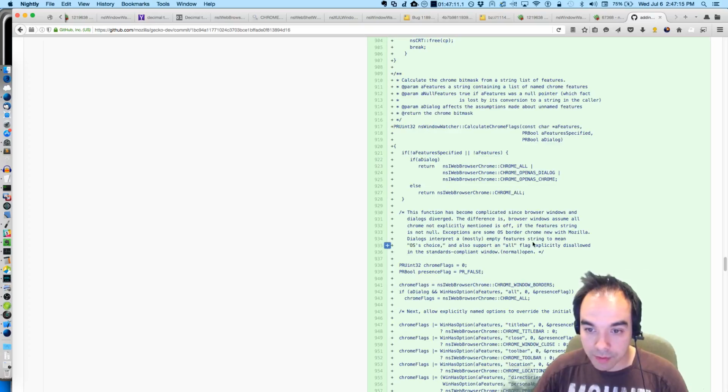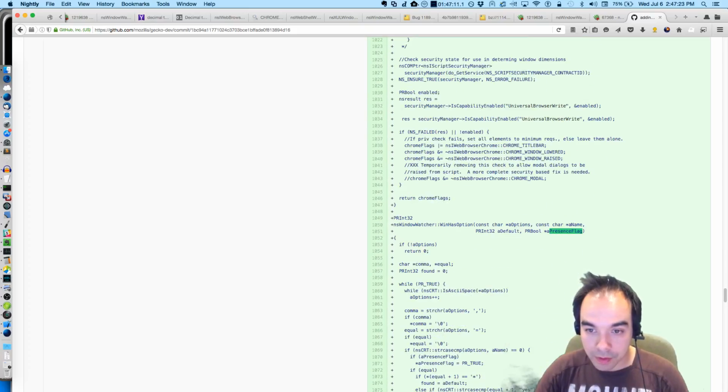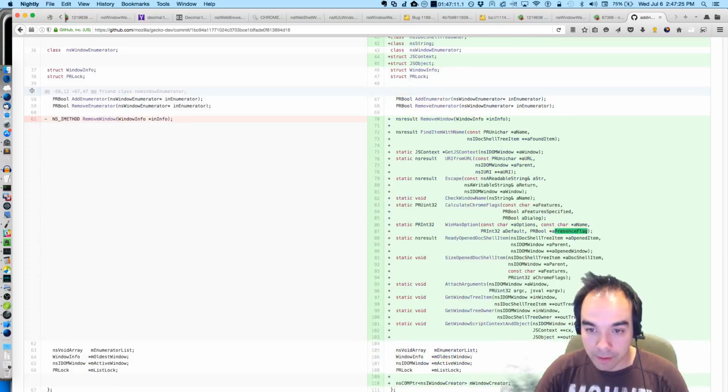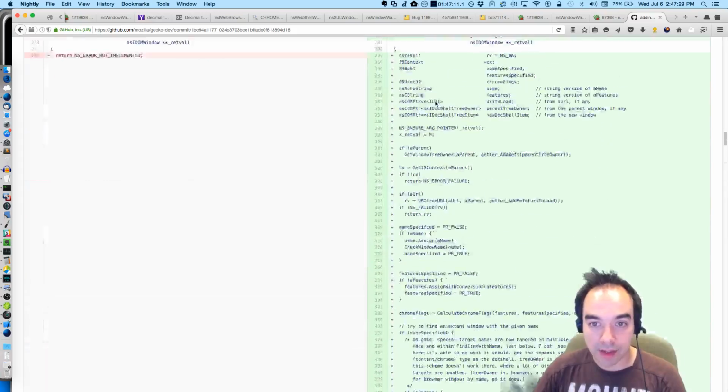Dialogues turn a mostly empty feature string to mean OS's choice. Run all flags, just allowing it in the standards compliant window, normal open. Presence flag. So that's when presence flag was added.